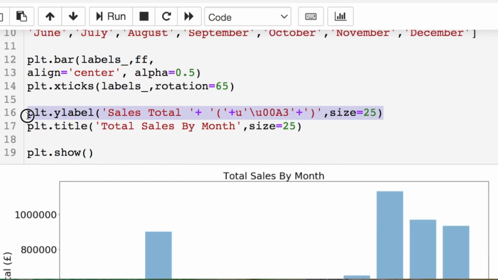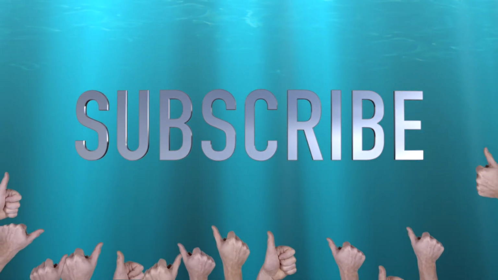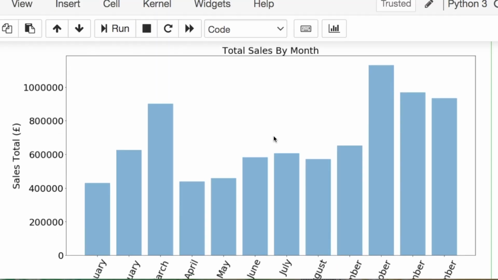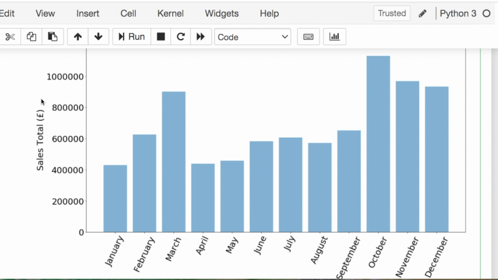And then here's our label. And if you're wondering what this is, it's just using the actual symbol for the British pound. And then I increase the plot size text. So we scroll down, we could zoom out just a little bit, and this is going to be sales by month in British pounds. So you can see October, November right here are the best sales, and then for some reason March there's a great big spike.